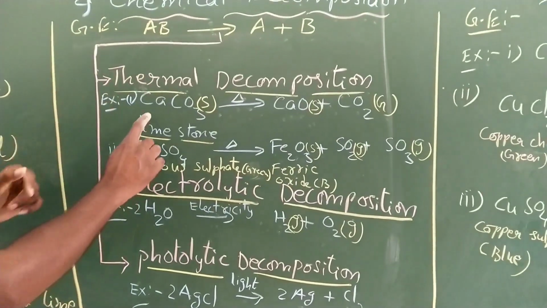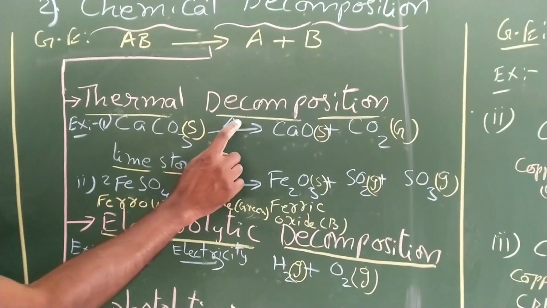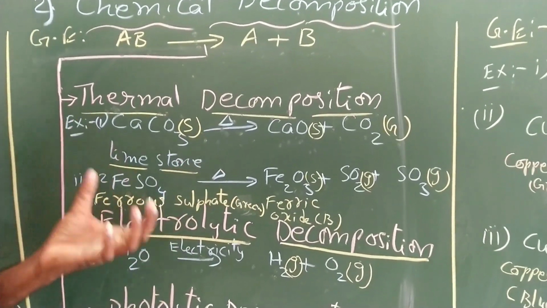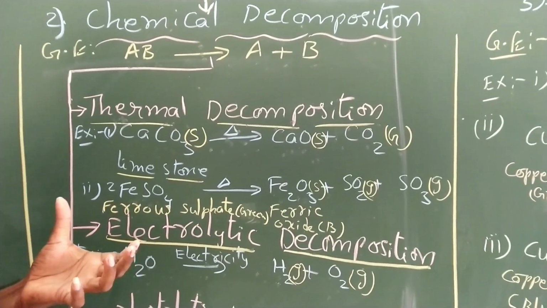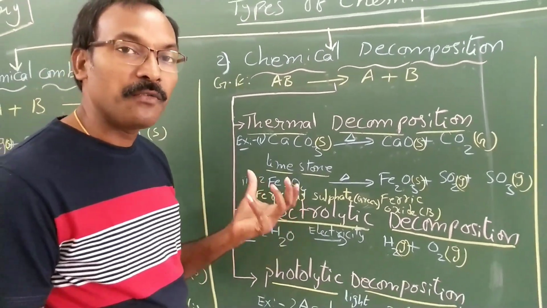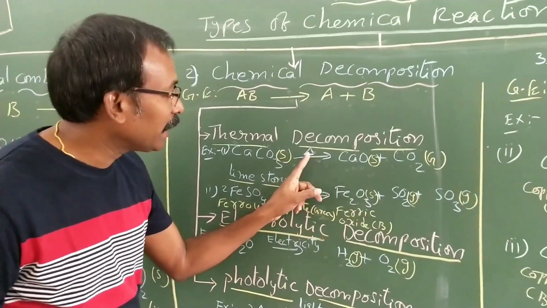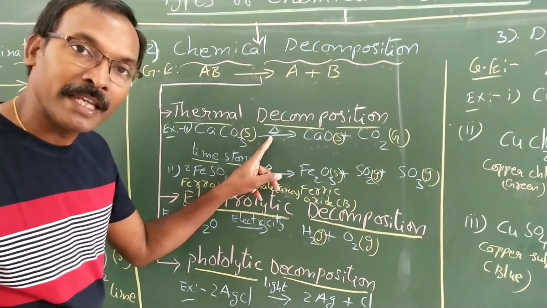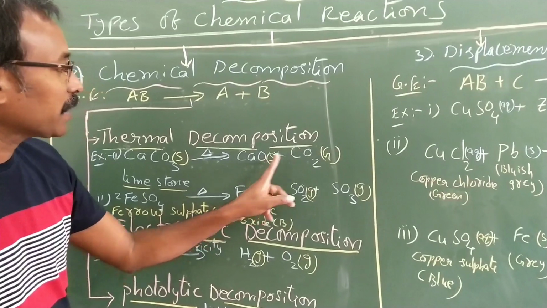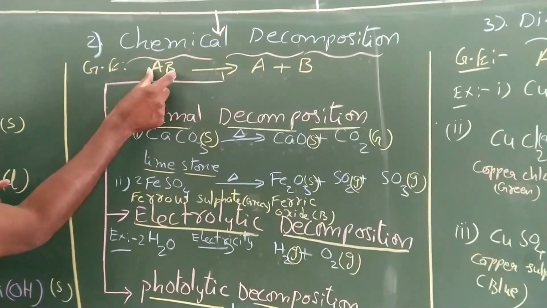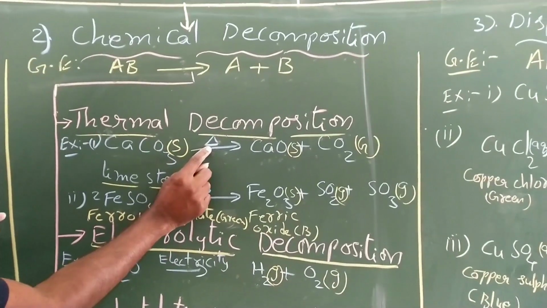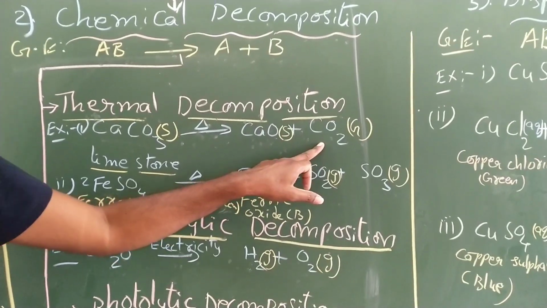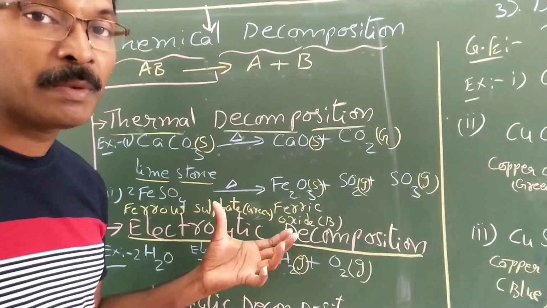So here you see a complex compound when heated. The delta symbol is nothing but heating. We already understood that to make the chemical equation more informative, we have to write the conditions under which the reaction is happening. So on the equation we mention the delta symbol, which indicates it is happening in the presence of heat. Calcium oxide and carbon dioxide, simpler substances, are produced from the complex compound. It's not always only two substances that are produced; sometimes more than two are produced.